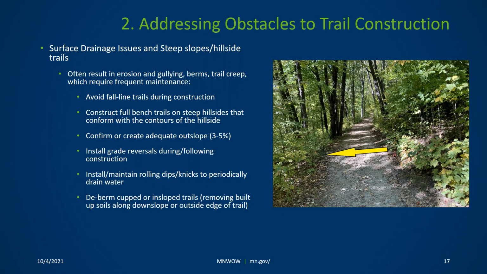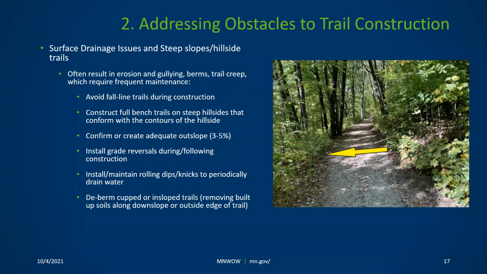So surface drainage issues arise when flow gets concentrated or gets stuck on the trail and starts moving down the treadway. We often end up with gulling, berm creation, trail creep. A berm is basically a berm that builds on the downside of the trail, so we want to avoid that. It helps contain water on the treadway. Trail creep, like I said, is people avoid wet spots, so we'll widen the trail if berms develop and water